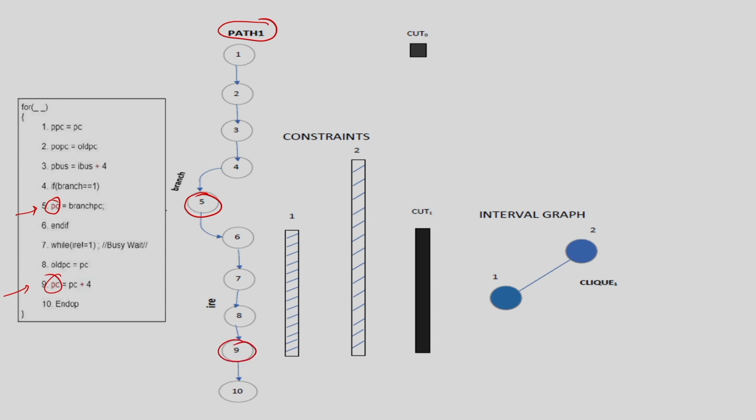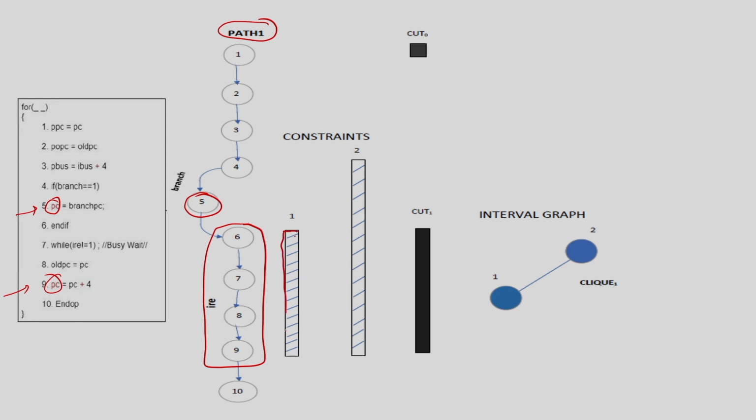As I mentioned, these two cannot happen in the same state. So, initially assume that the whole path can be scheduled in one control state, but now I understand that it is not possible. So, where to cut this path? I have to cut the path anywhere from here to here. You can cut here, or here, or here, because even if you cut here, these two operations will be in two different time steps. That is what is called the variable constraint, and you mention this constraint as a bar.